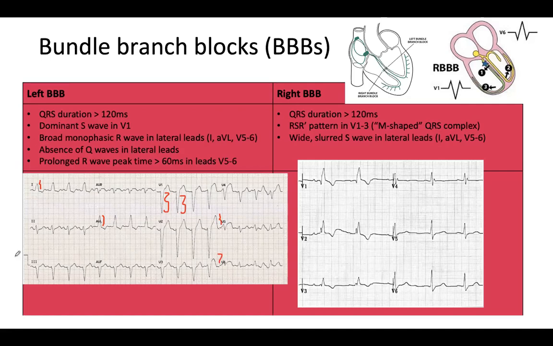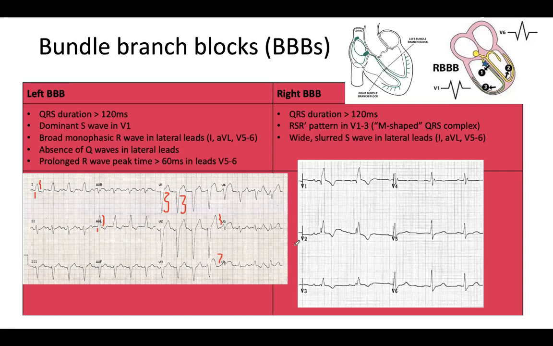And then there are no Q waves in the lateral leads. So lateral leads would be, for example, lead 1 and AVL. So you don't see a Q wave. So this is where the Q wave would be. And you don't see a Q wave here either. And there's a prolonged R wave peak time. So you can see the R waves are broad. So they're taking some time to peak, especially in leads